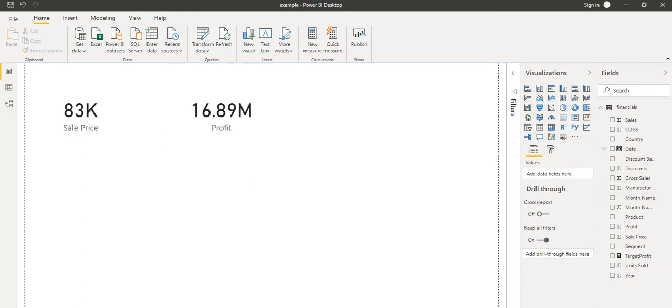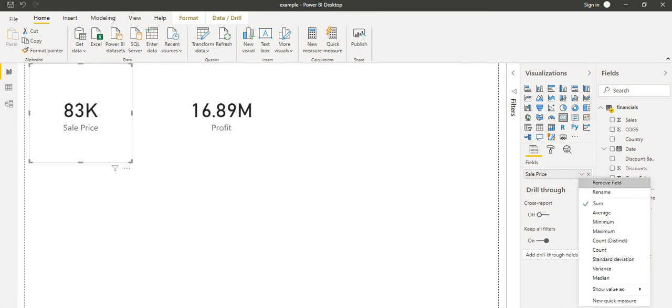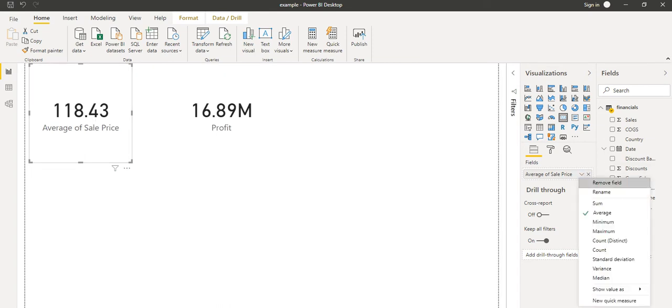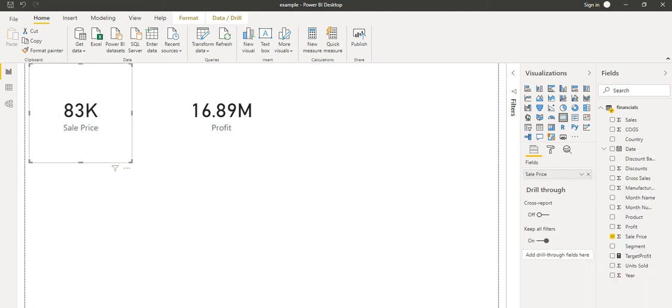In that way we can show the data. Here in the sale price, when you click on this drop down, currently it is showing the sum. If we want the data in the average format, we can show the data as the average also. It depends on our requirement, how we want to show this data. Let it be the sum. Currently it is showing the sales price.